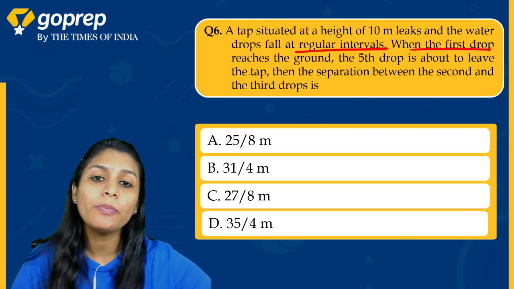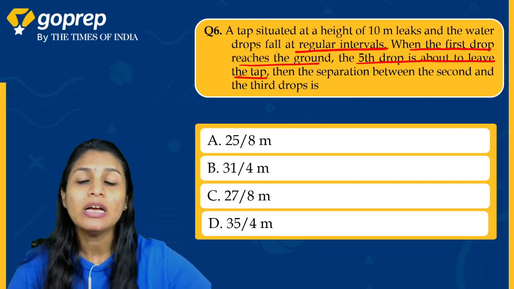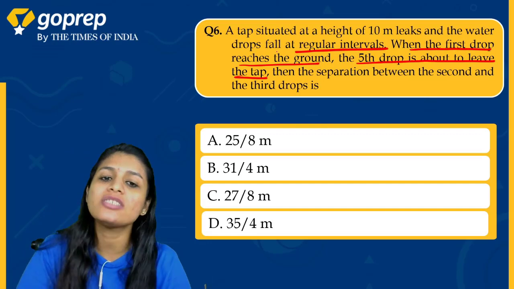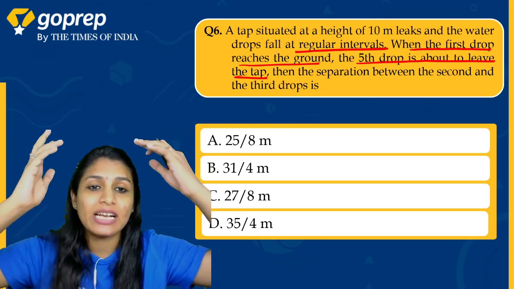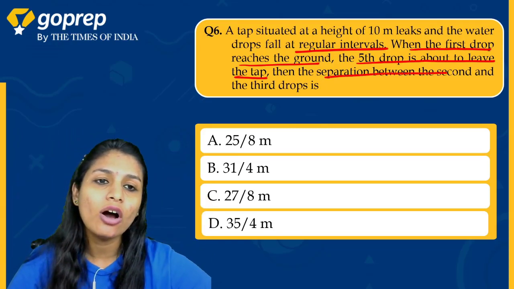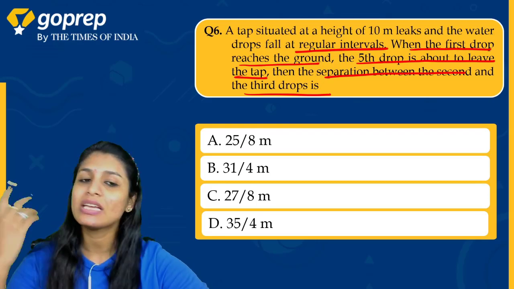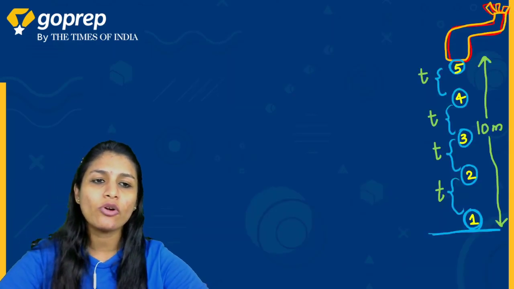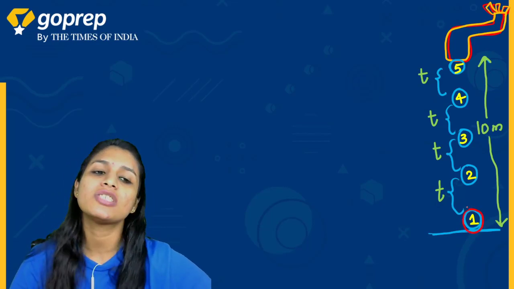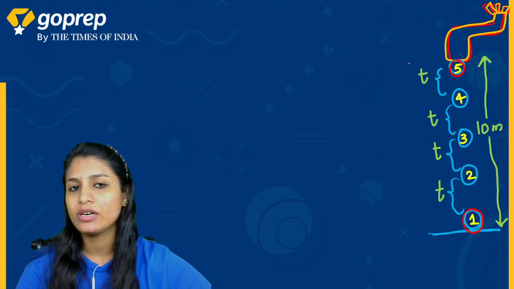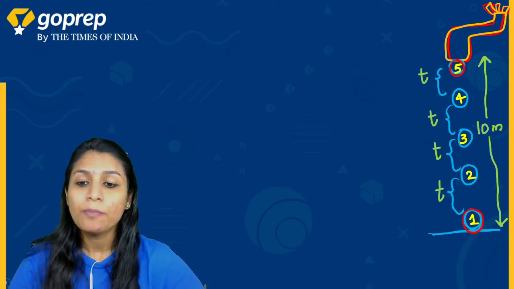When the first drop reaches the ground, the fifth drop is about to leave the tap. जब पहला वाला ग्राउंड में पहुंच रहा होगा तो फिफ्थ वाला टैप से निकल रहा होगा। तो थर्ड और सेकंड वाले ड्रॉप में कितना डिफरेंस है, सेपरेशन कितना है। देखिए इजी है, इसको ड्राइंग से समझते हैं। देखो एक टैप लगा है, अब मैंने फर्स्ट वाला ड्रॉप जब ग्राउंड पर पहुंचा दिया तब फिफ्थ वाला इज अबाउट टू लीव, ठीक है।